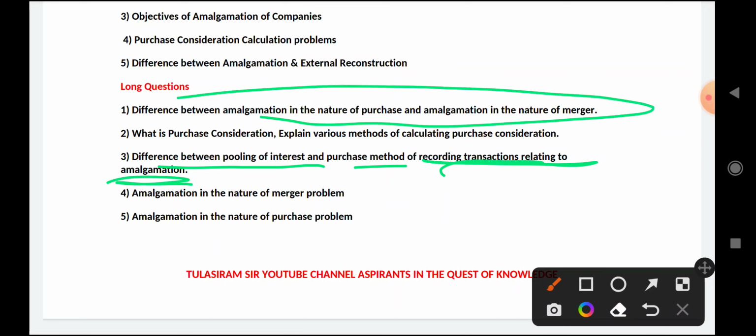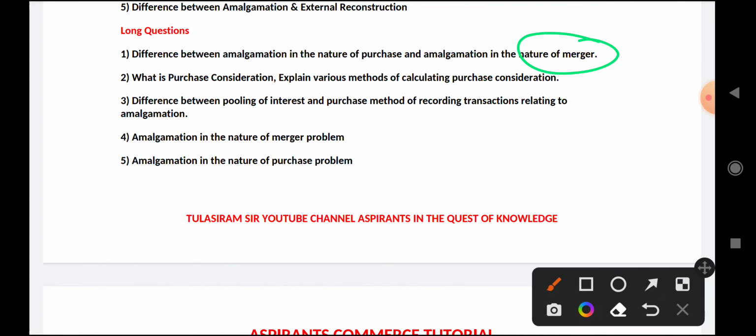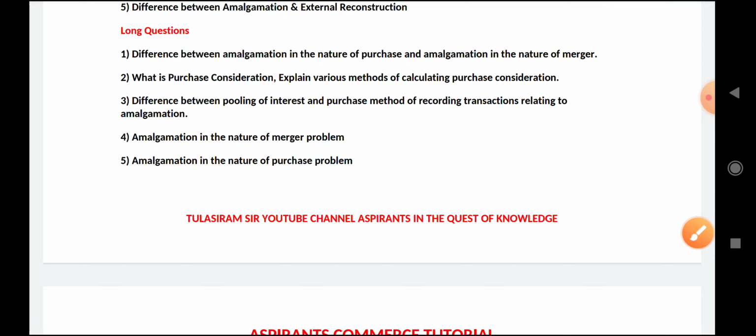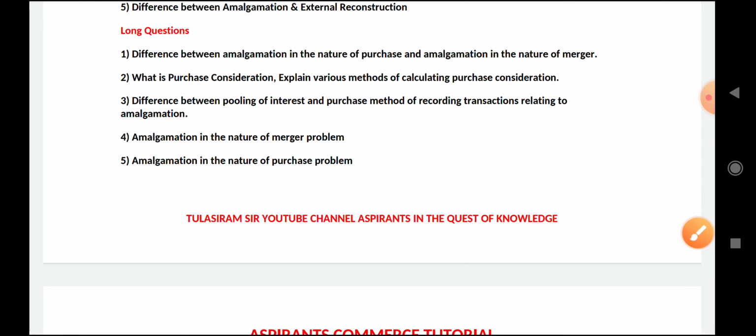This is method. There are two methods, merger, another one is purchase. From accounting point of view, pooling of interest method and amalgamation in the nature of purchase method. So if it is merger, you follow pooling of interest method. If it is purchase method, you will follow amalgamation in the nature of purchase. If 5 conditions are satisfied, it will be amalgamation in the nature of merger, otherwise it will be treated as purchase. Okay, this is about amalgamation. Learn the theory, don't worry, they may ask theory question from the amalgamation. Okay,